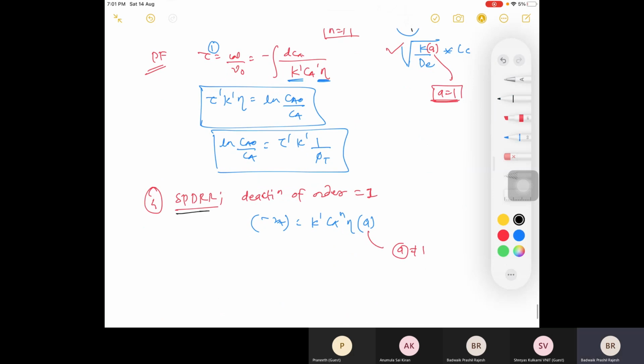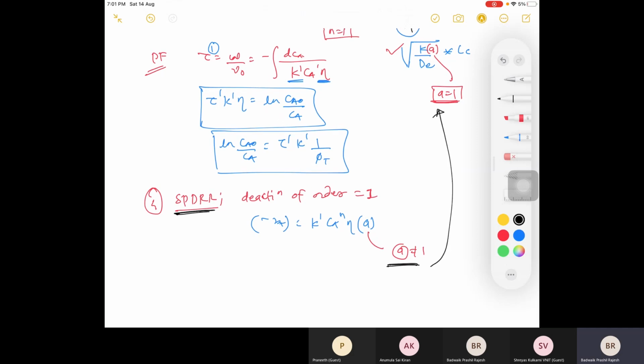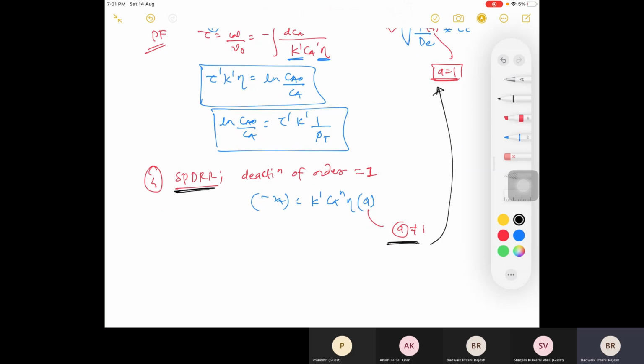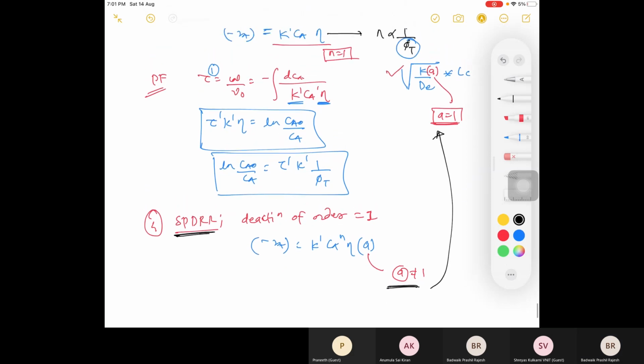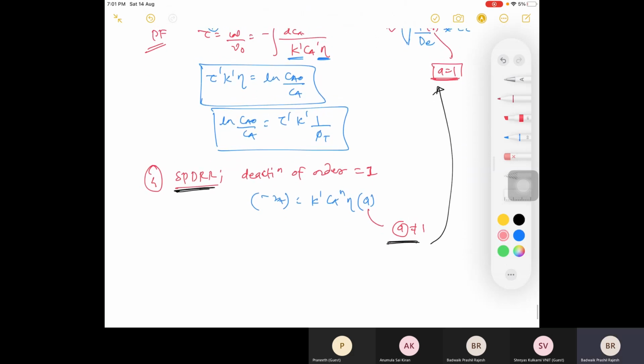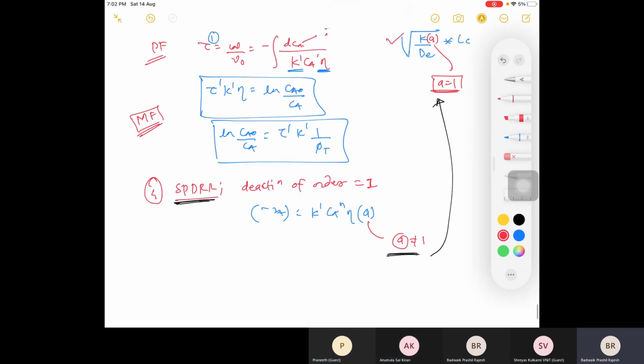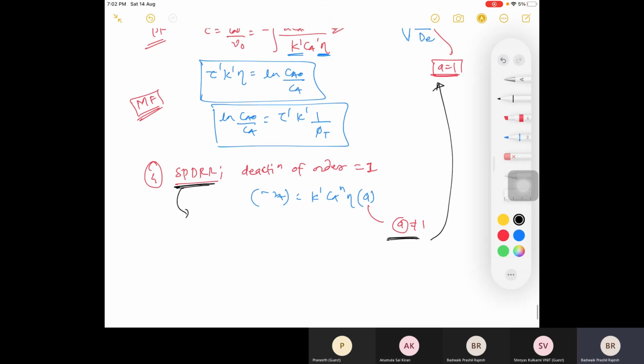Now, most important is this, because there is involvement of A here. And what I told you, you need to do this kind of calculations. So there will be, can you write for MF here? Right? You can write now. Yes, sir. Instead of this dCA, there will be CA naught into XA, and integration will not be there. So strong pore diffusion, and here it is. So we'll write for plug flow. So tau dash is equal to